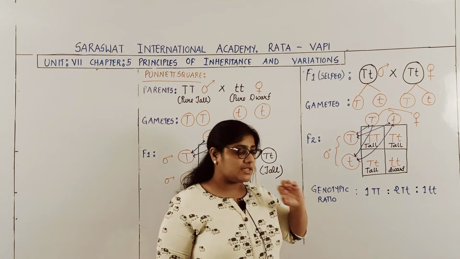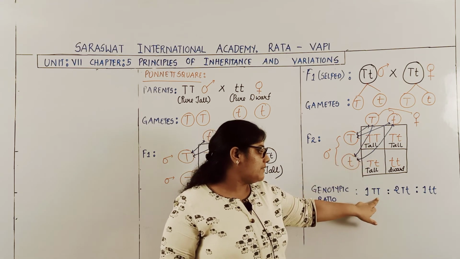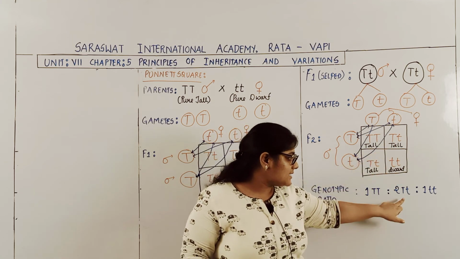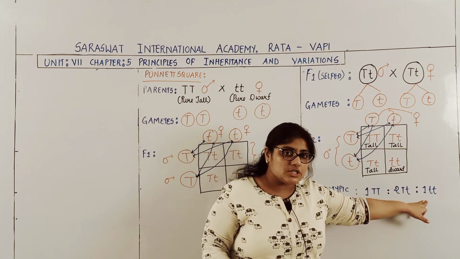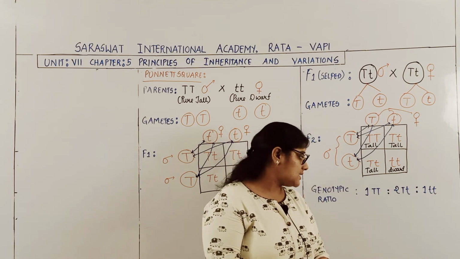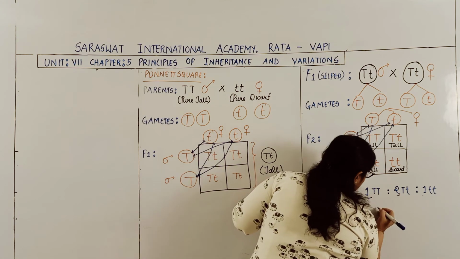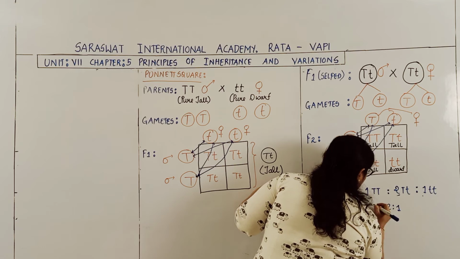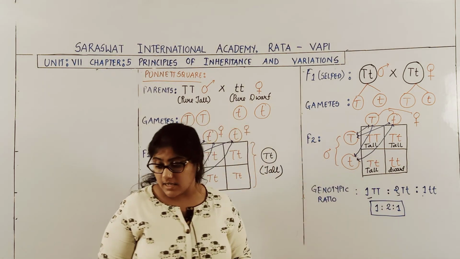How is genotypic ratio determined? So here one plant is having the genotype capital T, capital T, two plants are having the genotype capital T, small t, and one with the genotype small t, small t. So this number, that is 1:2:1, this is called as the Mendel's